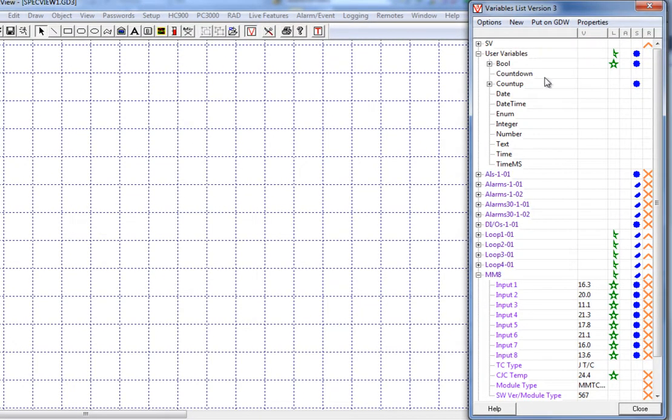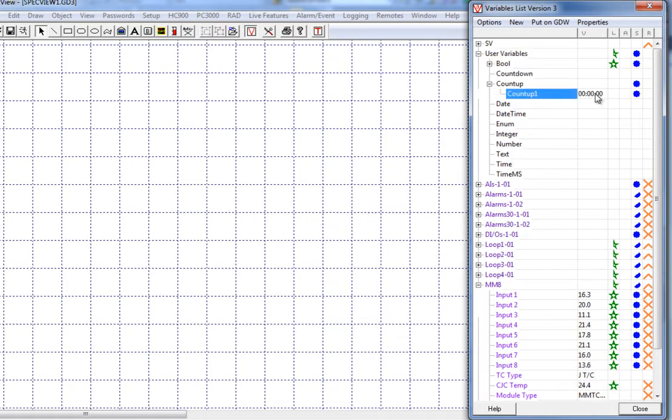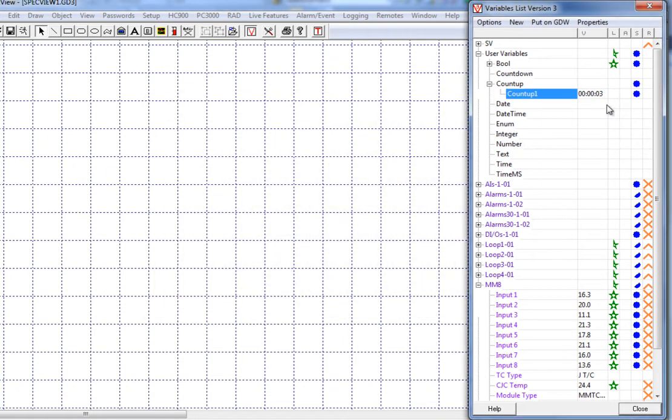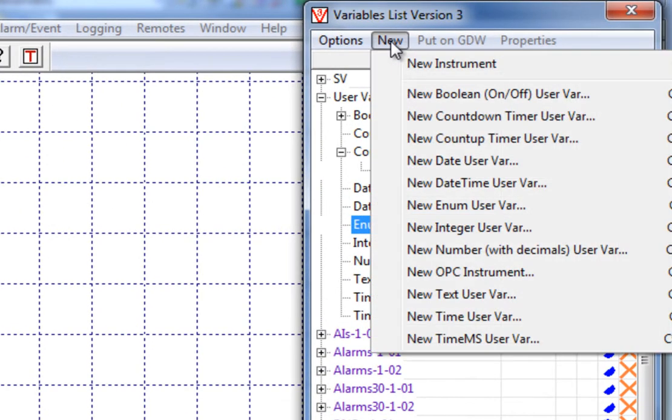We've got different sorts of user variables now. We've got count up timers, which I can start this thing off. If I just kick it off like that, you'll see that that'll just carry on counting there. We've got enumerated types where we can define our own enumerations, things like on, off, partially open, closed, stuff like that. We've got new ways of creating user variables, which are quite handy, and the variables list is used in